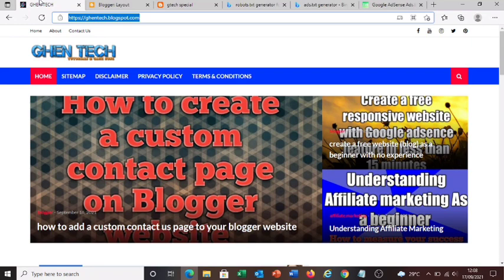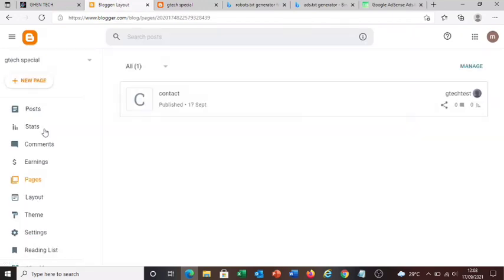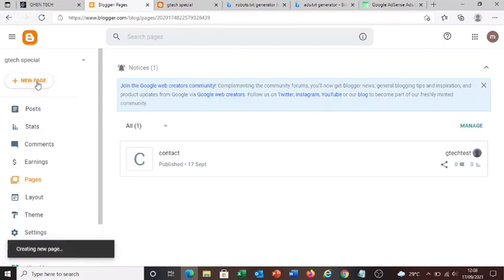So at this point, I'm sure you know how to create a page. This is a sample page. Okay, let's create another page that is not the contact page. So to create a page, come here, click on page, new page,